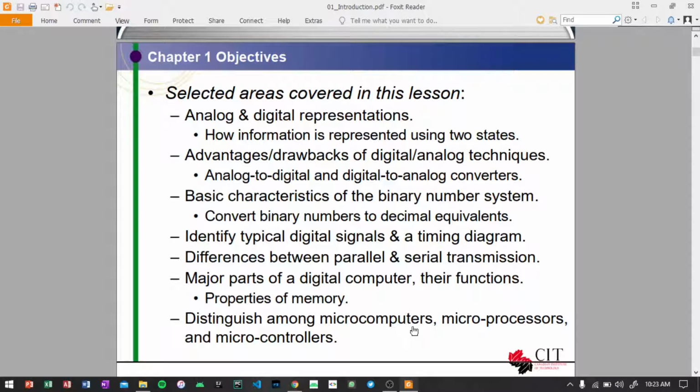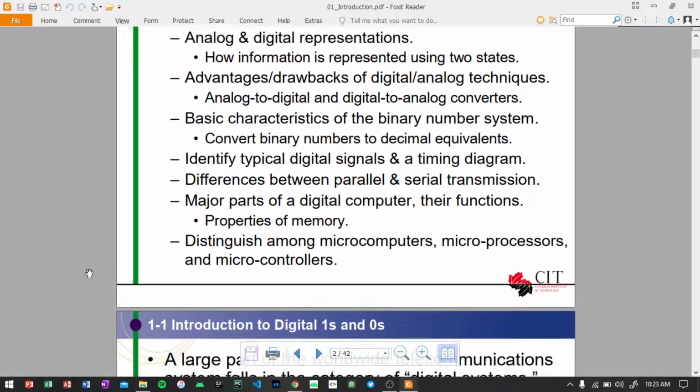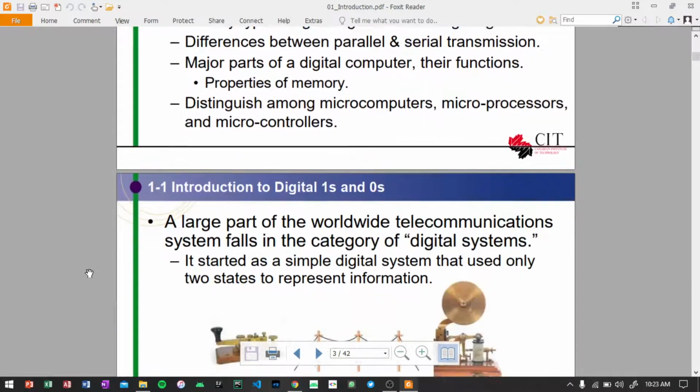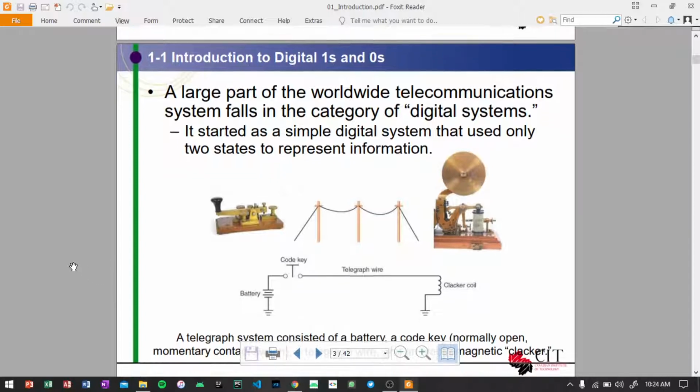So let's find the typical digital signals, the difference between parallel and serial, major parts of a digital computer, their functions, properties of memory, and distinguish among microcomputers, microprocessors and microcontrollers. We have a large part of the worldwide communication system which falls in the category of digital systems. It started as a simple digital system that used only two states to represent information, 1 and 0, also on and off,